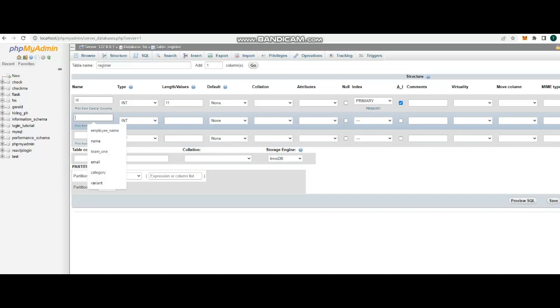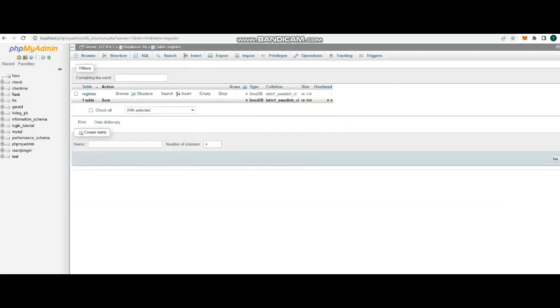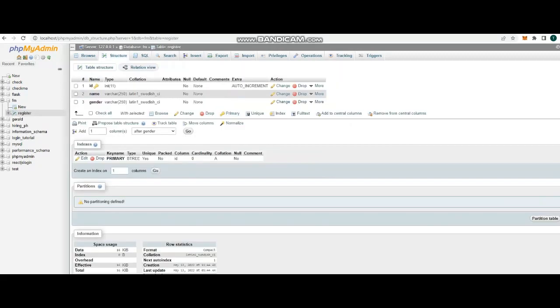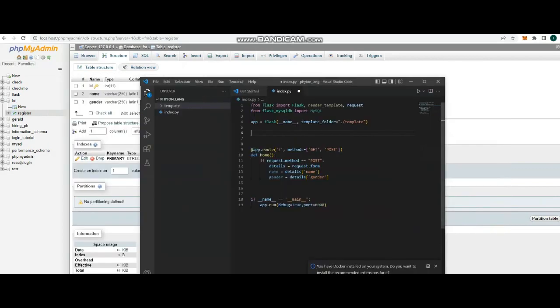So yep, we just need to add here the name, and actually just tag the name as a variable character, and then in here is going to be the gender because I actually said gender a while ago. So I just need to put in the gender in here, and then click on save, and we will be having now our database and a table. So the table is register. So let's get back to our index.py,